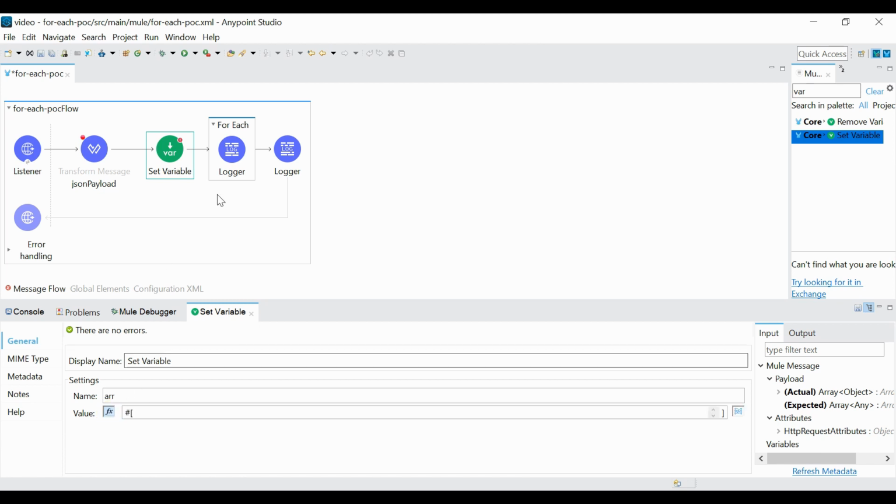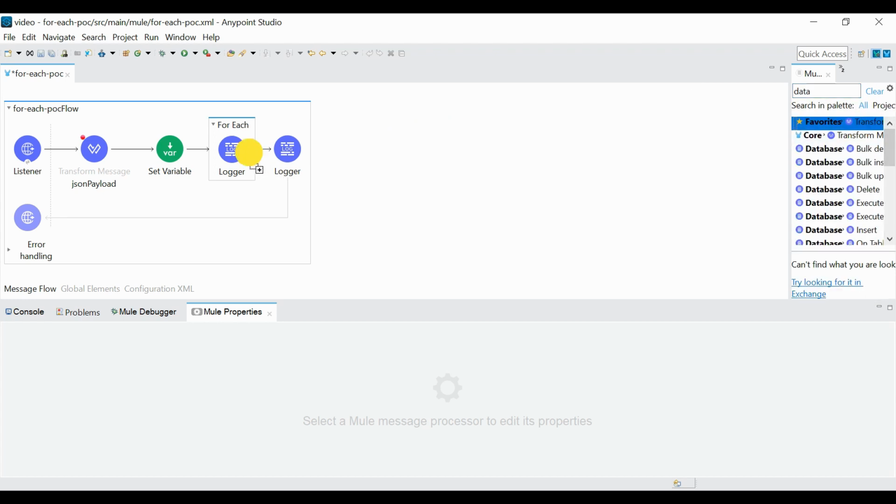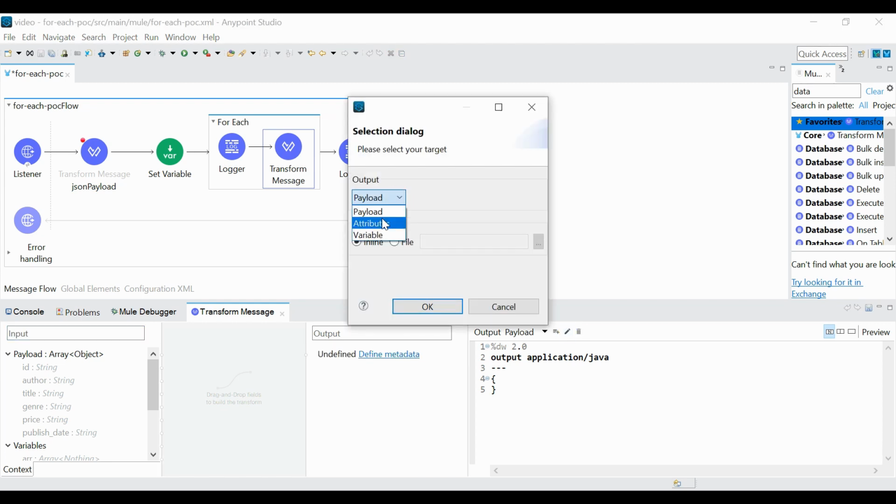As this is an array we are defining, I can initialize it as an empty array. Inside this for each I need a DataWeave transformer, and this is again a variable with the same name which we have defined in this one.